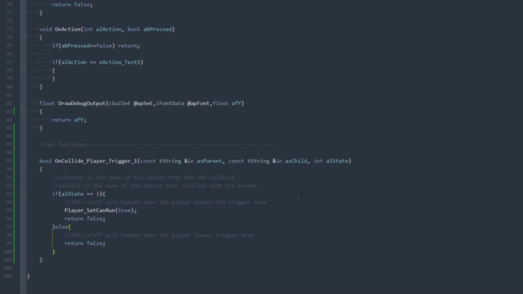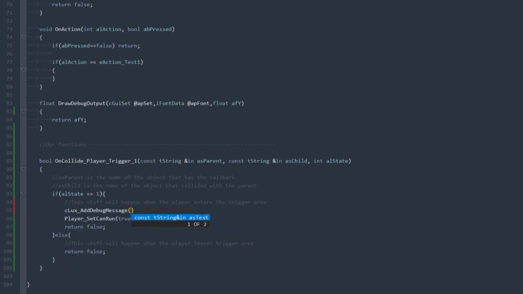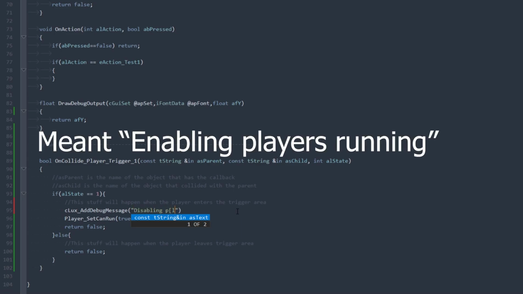We can hop in our game and test it, but I do want to put one other thing here just to help you guys when you start scripting, and I'm going to put it right above here. Just follow along for a second. We're going to do CLux, and then there's one that's called add debug message. So we're going to add this one, and pretty much what this is, in the debug menu, which we are booting into when we start up the game, we want to print out what's happening. So we're going to print a message, and I'm going to print the message disabling players